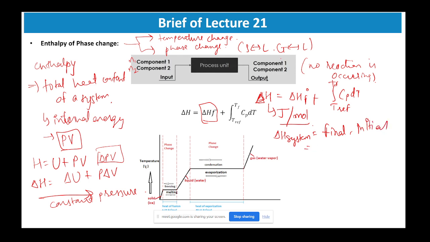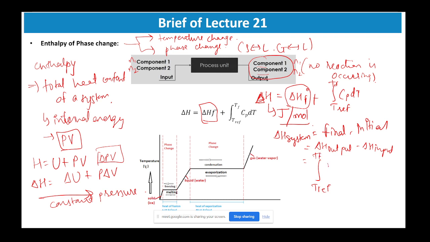So it is nothing but the enthalpy of output, delta H output, minus delta H of input. So delta HF naught will get cancelled out because the same components are present, because we have considered that there is no reaction occurring. So delta HF naught will get cancelled out, and here it will remain as